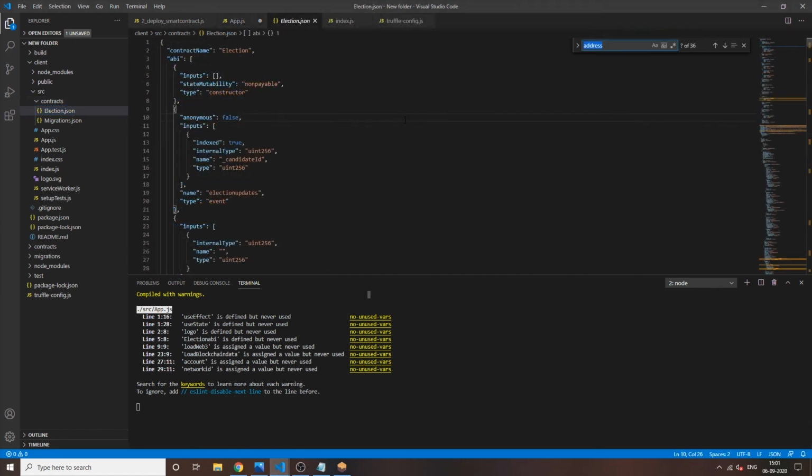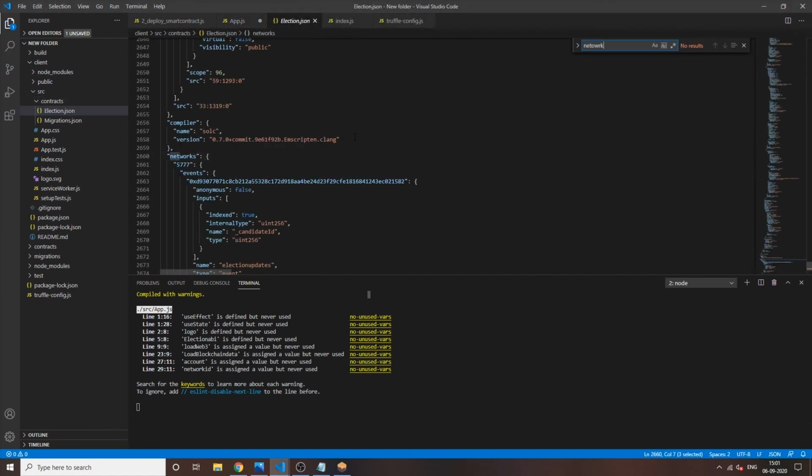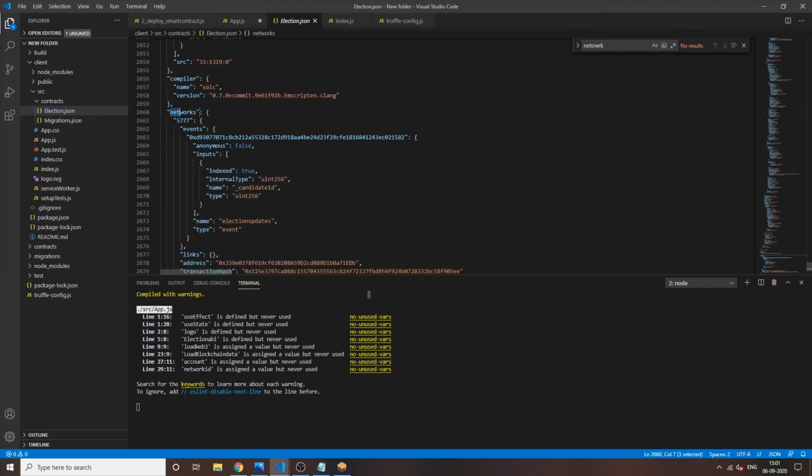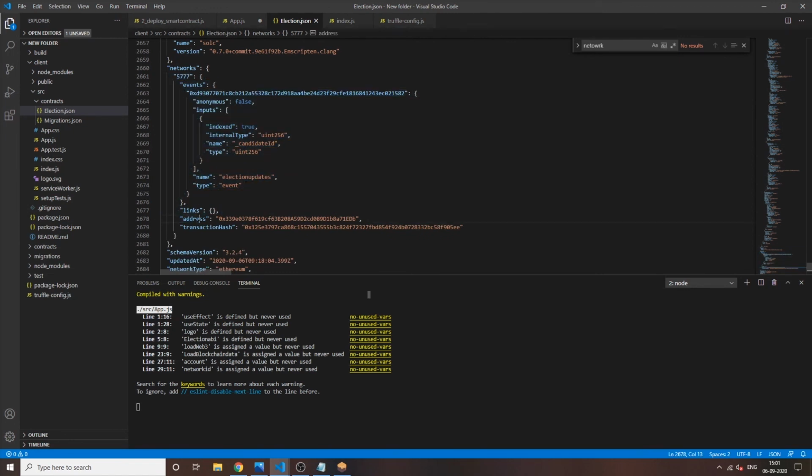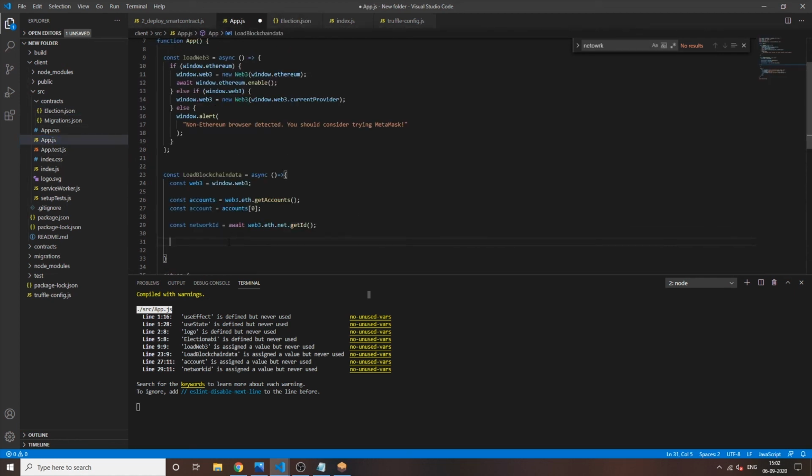Now initially in the video I told you about the network. So here is the network. For this network we need all the data so that we can access the address of the smart contract, and we don't need the transactions as we just need that address, because by the address of the smart contract we will be able to interact with the smart contract, like run the vote for the candidates and run different kinds of functions that are defined on the smart contract.